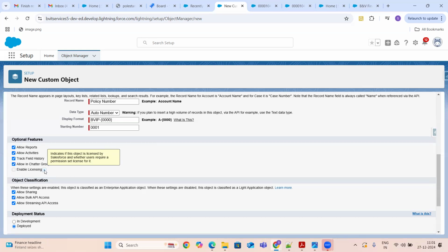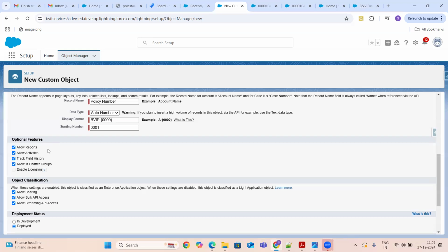So this is the Salesforce object. If you would like to use this object in a third party one, right now you can't enable it at the time of creation. After your object is created, you can do some operations, but initially this is disabled. So leave it, not required. So allow reports is something like that. If you want to prepare some reports, this checkbox should be checked. Then only you can prepare reports on the policy object information.